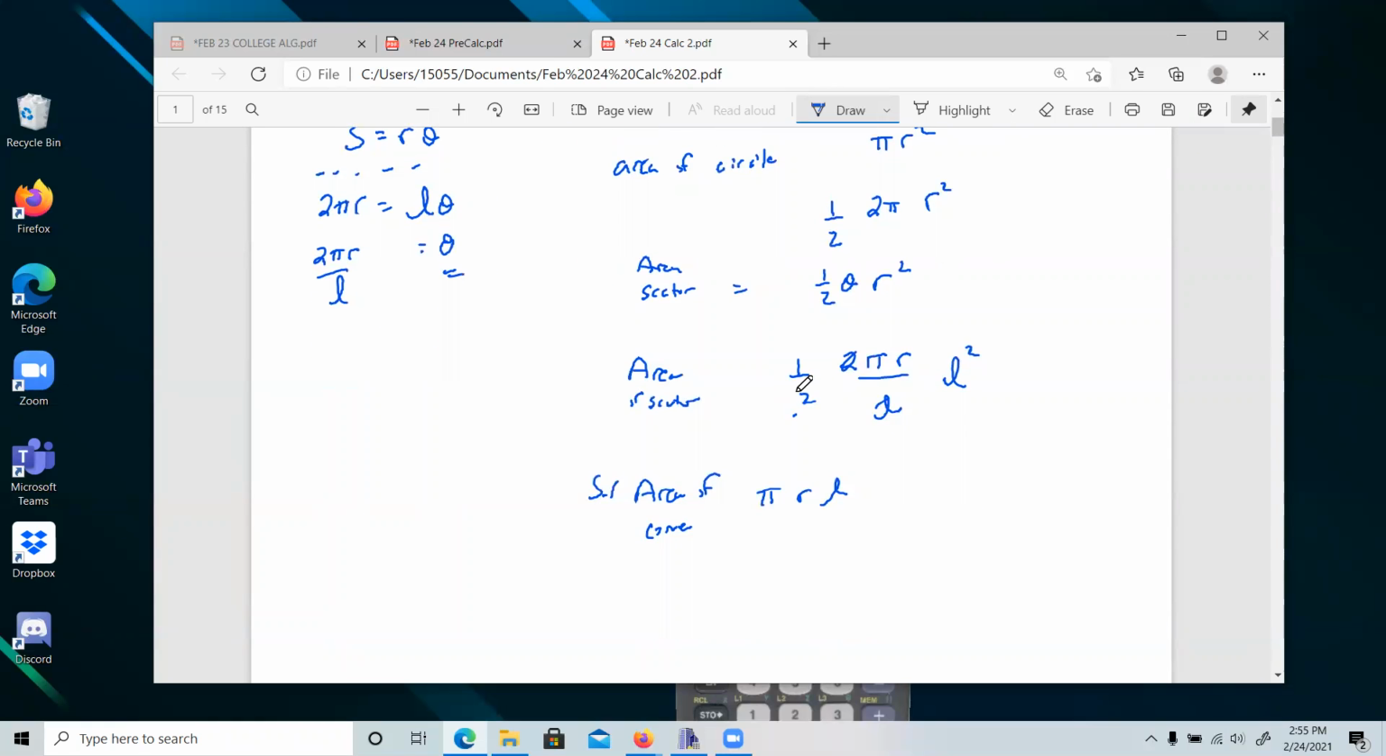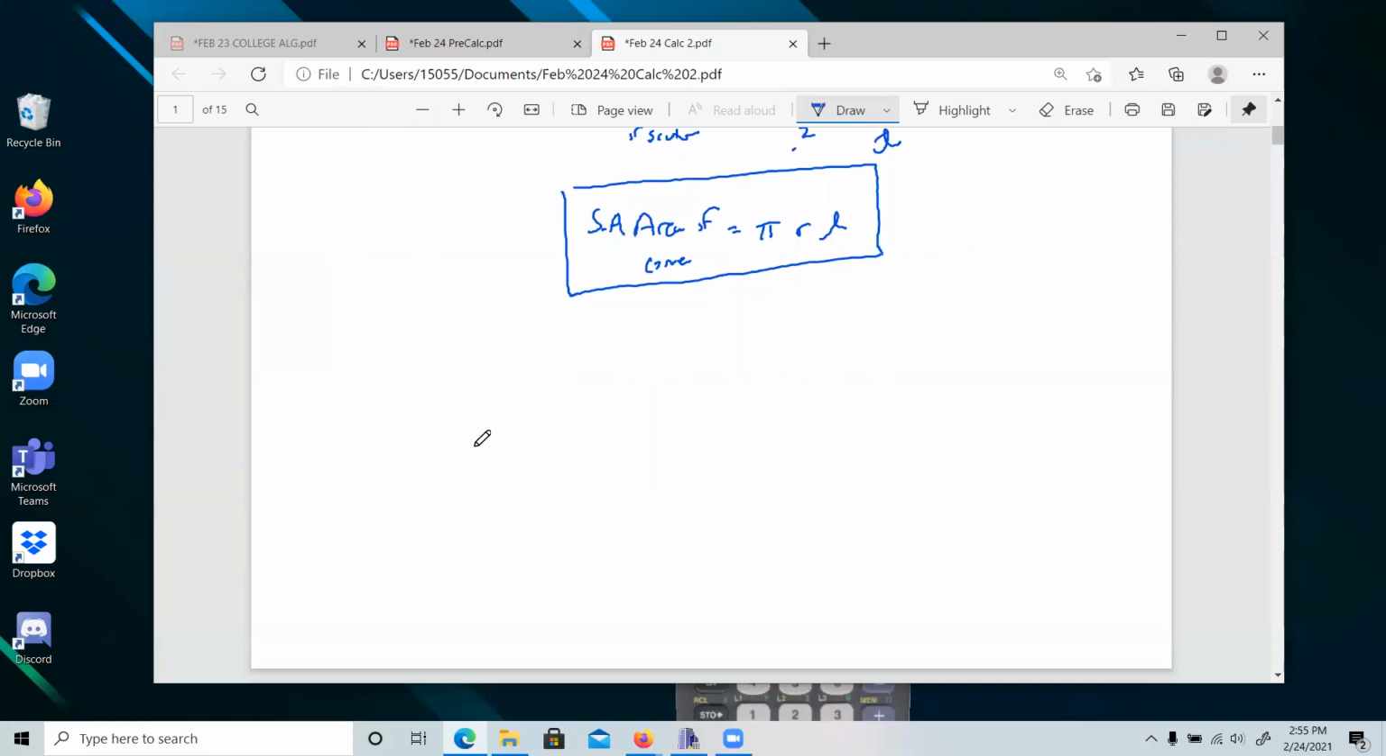All right, so that's the first part of all of that. Okay, so we have the surface area of a cone is pi r L. Okay, next thing we have to set up is we are going to figure out the surface